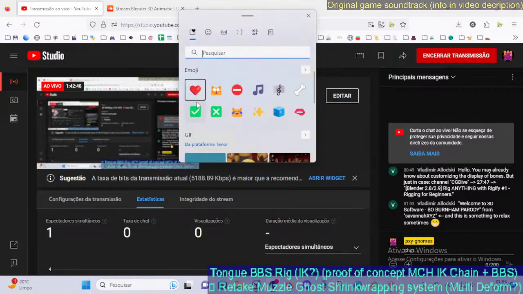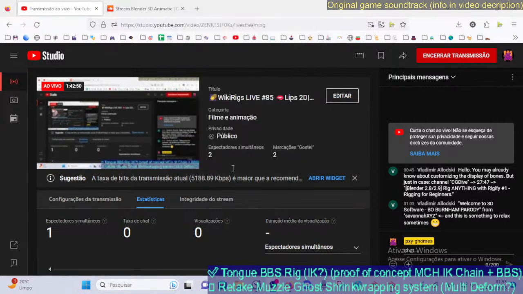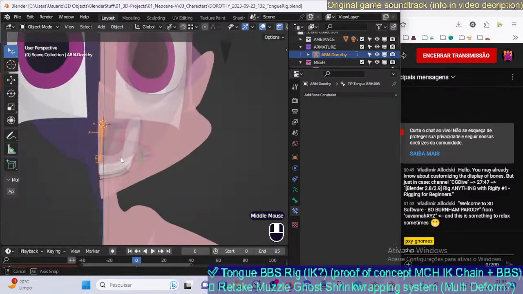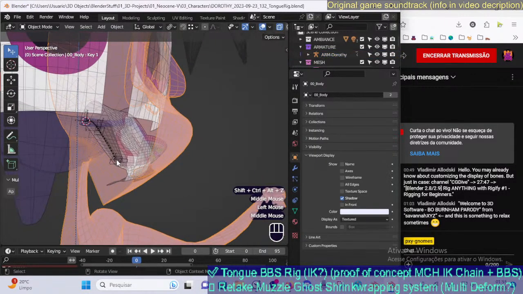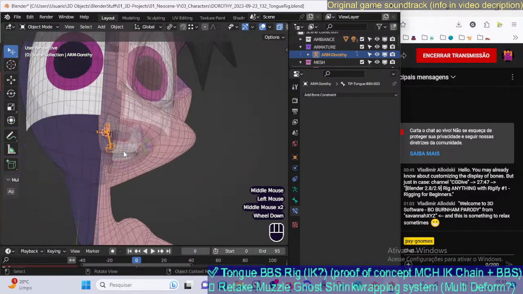Oh, I found it here. So, and then retake muzzle ghost shrink wrap system multi-deforms. Okay, so I think I'm not gonna make in this because it's already late, and I'm trying to get my